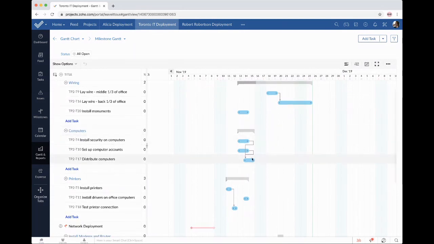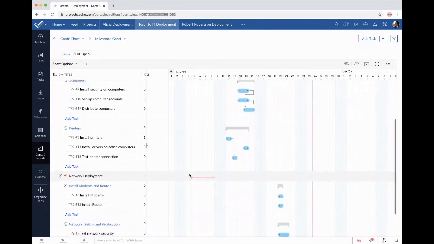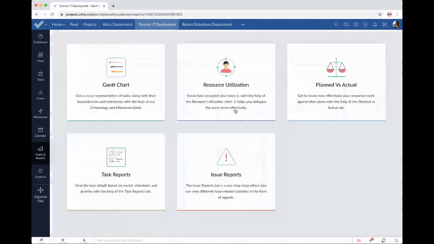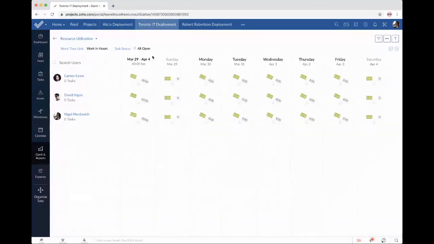So I need to be able to tell that right now so that I can get to my clients and tell them, hey, this is when it's actually going to be done, so they're not in the lurch, not knowing when something's going to be delayed. So it's just a really great way to visualize that. And I think it's one of the main reports you're going to be coming back to. But a couple of other important ones are,